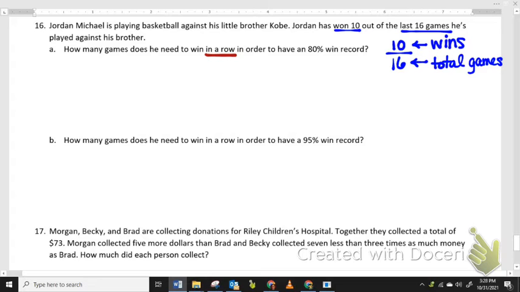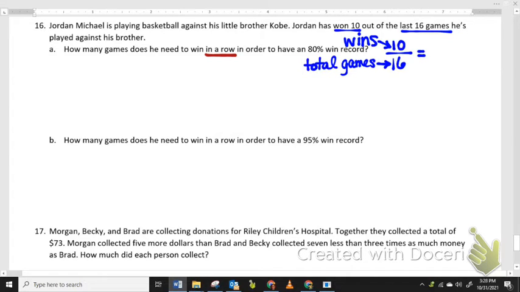I need to find some room to put that. Hold on just a second. There we go. Now I've got a little bit of room. 10 out of 16, so wins divided by total games, and that is 0.625 when I do that on my calculator. So he's at a 62.5% win record right now. How many games in a row does he need to win in order to get that up to an 80%